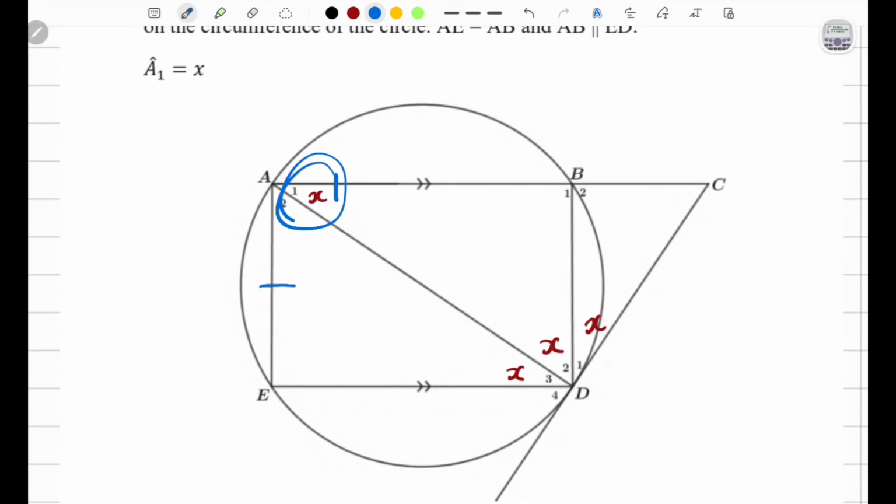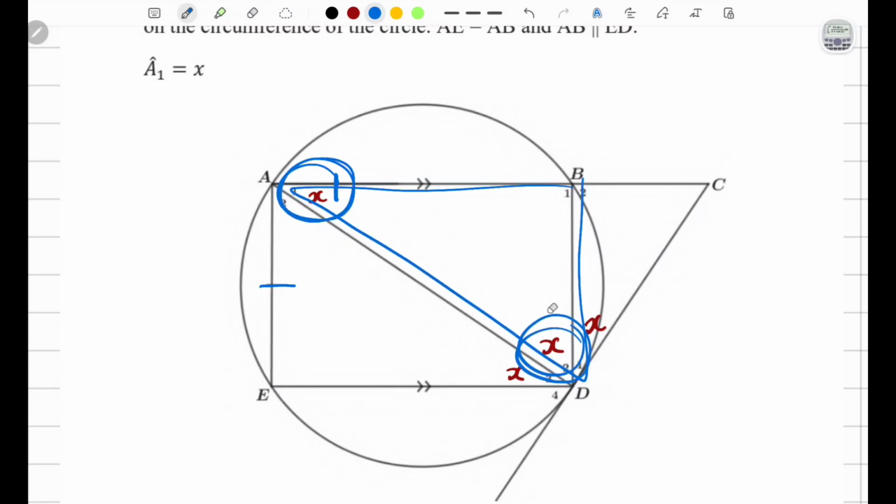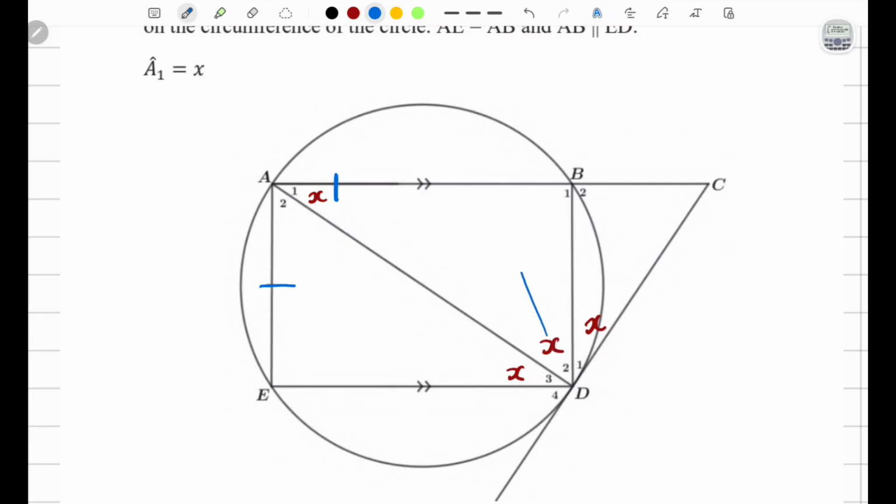But do you now see, look at that. You see, you have a triangle and you have X here and X here. This is an isosceles triangle. So it means that you have two angles equal, therefore two sides would be equal. Look at the side that will be equal. It's the side that is opposite your equal angle. So it means that AB should be equal to